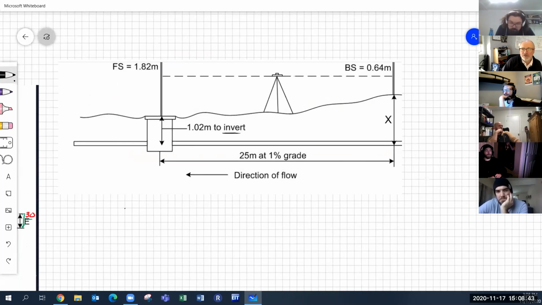So we all know what an invert is, right? We do know what that is. Invert is the bottom of the inside of the pipe, correct? Yes. Okay, so we have a foresight and it says here 1.82, but inside the manhole here, I don't know,